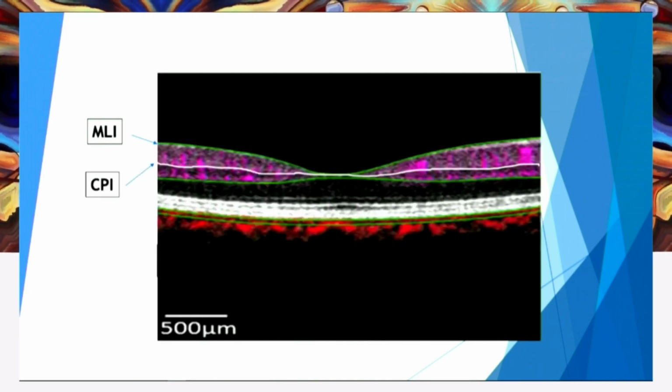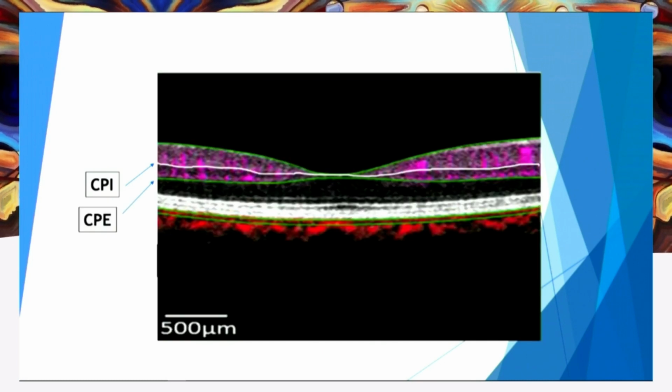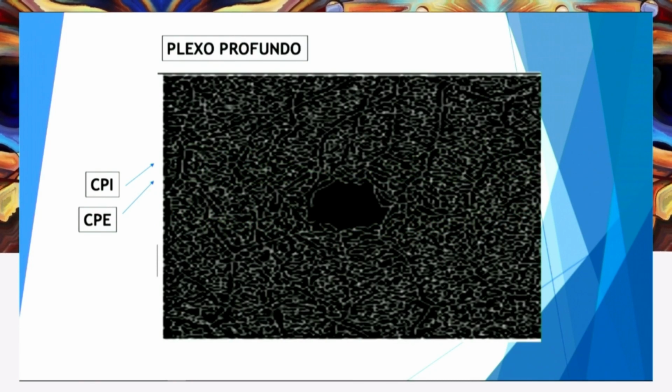But if we cut the internal limiting membrane to the internal plexiform layer, the penetrance is around 60 microns. So we have the representation of the superficial plexus. If we cut the internal plexiform layer to the external plexiform layer, then we are trying to see the other two plexus, the intermediate and the deep one. And there are a few machines that show us the difference between the intermediate and the deep, but for practical purposes, that serves no purpose. We just have to focus on the deep